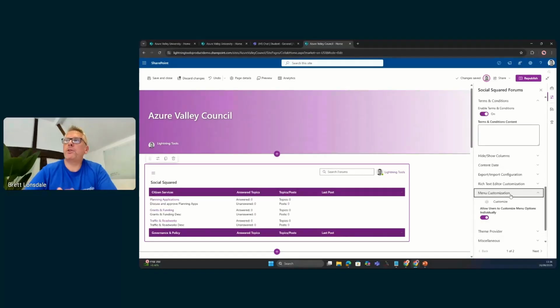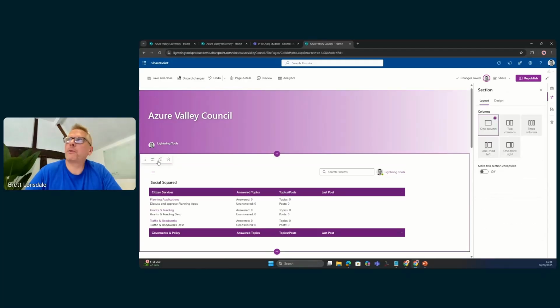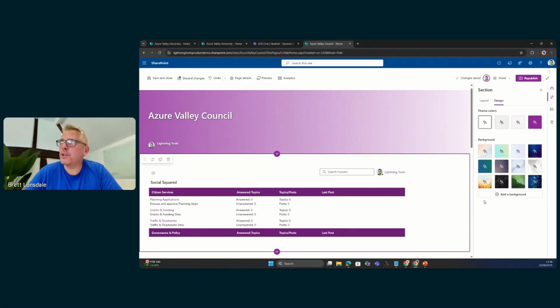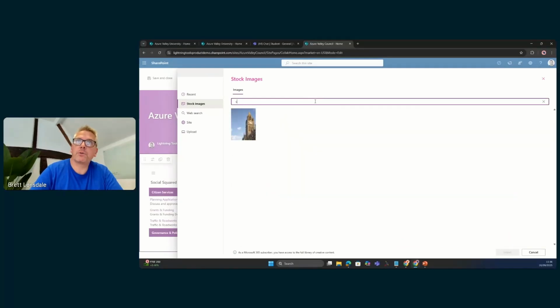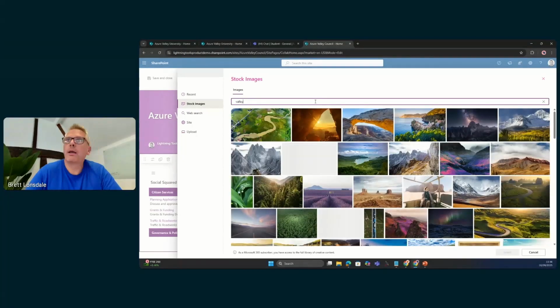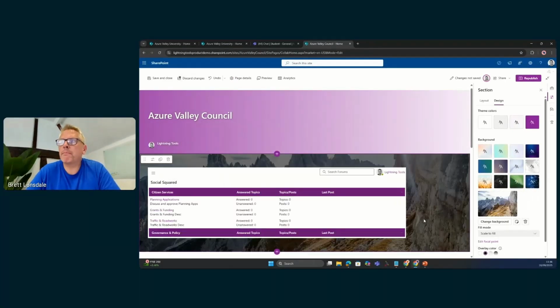Yeah, the menus can be customized. You've got theme providers. We'll talk more about this shortly, but if I just show you again, the pink doesn't look too flattering in this case. But if we go into the section here and I choose a section background, if we choose add background, and let's maybe see if we can search for council, wasn't too good. Let's go back to Valley. So lots of Valley pictures. We can choose one of those, and